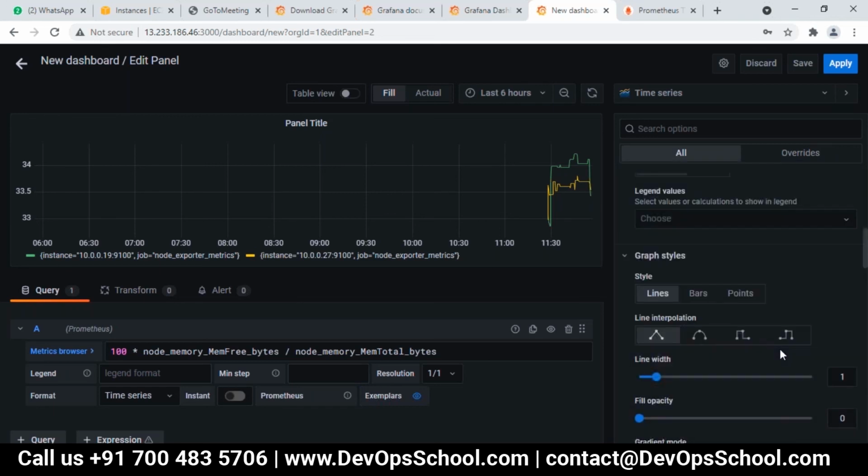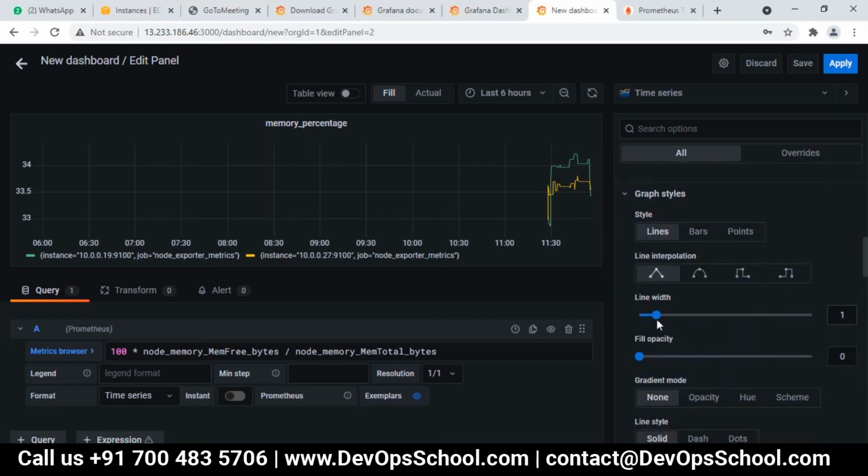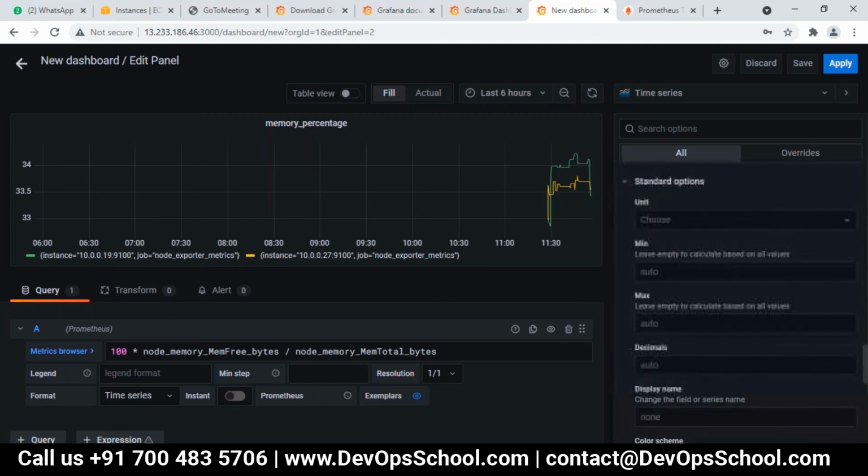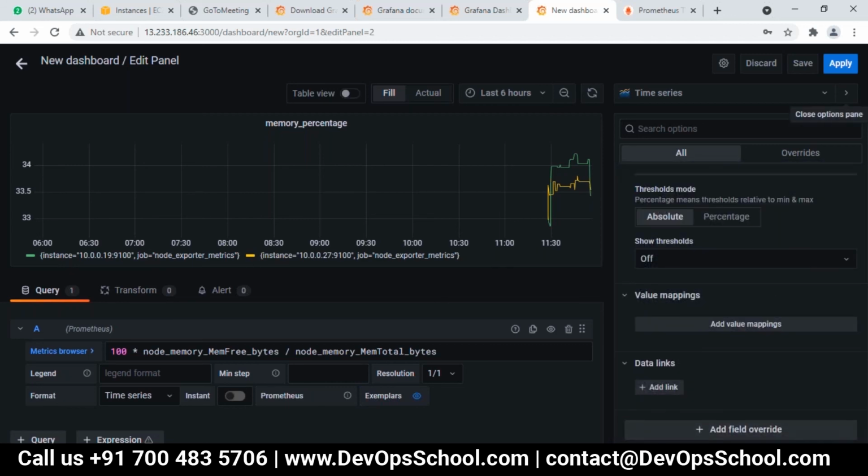This memory percentage, and these are interpolations, like if you want to see it in bars, points, or lines. So these are basically graph styles. These are the options related to the graph styles. So you can do it as per requirement. After that, click on apply.